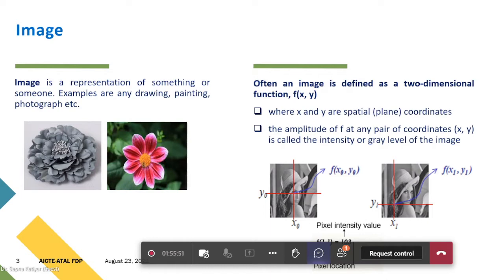That is what the value is, right? So here just a very simple example I've mentioned over here. f(1,1) is equal to 103. (1,1) is the pixel location, while 103 is the intensity, meaning the value.